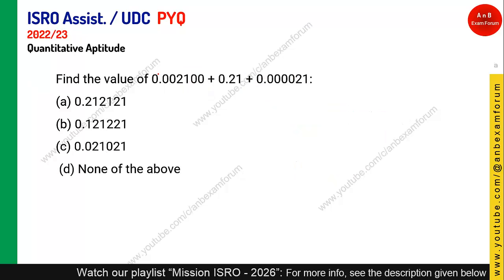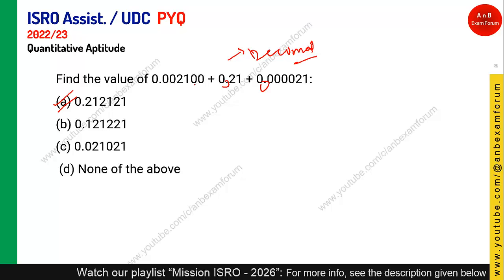The next question, one of the easiest questions in this question paper. Very simple one. It is from the chapter decimals, I can say like 7th grade or 8th grade. Solving this type of question, the only thing is that you need to align the period or the dot. If you align it, you will get the answer